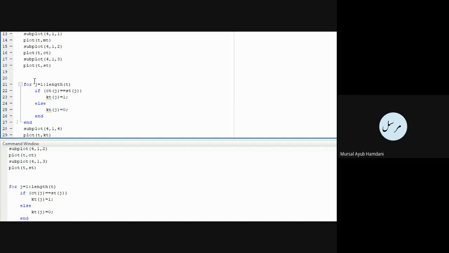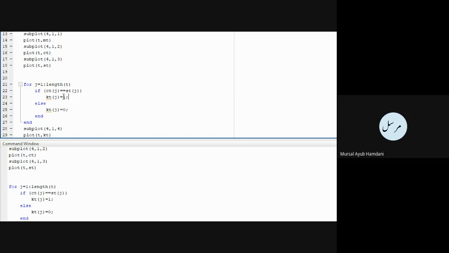Okay, now I am writing another variable J. You being part of the coding scheme, you will know I'm talking right from the basic level. Okay, for J equal to 1 to length of T. Length of T means from 0.01 to 4 to 8, all these sampling values. J taking value from 1 to the length of T, to all the values that the T holds. How much will be the length of T? We can accordingly guess it will be 400, 800 and 1600 depending upon the value of the B that we have given.